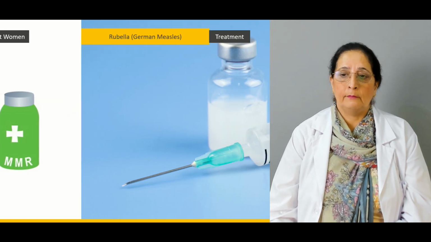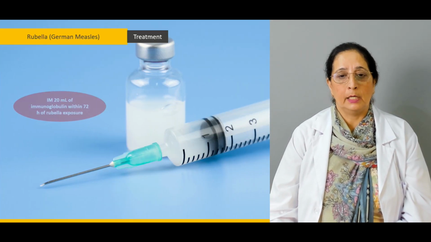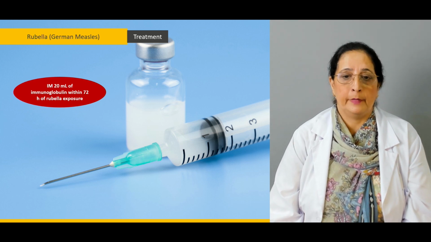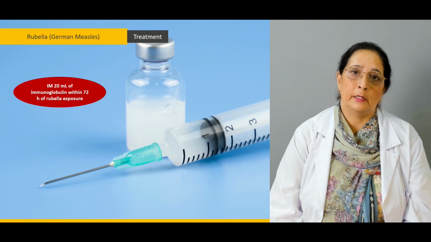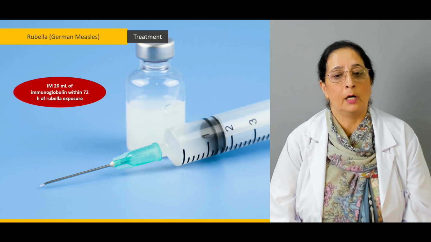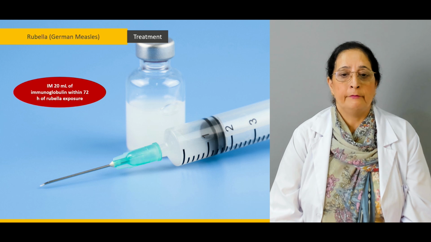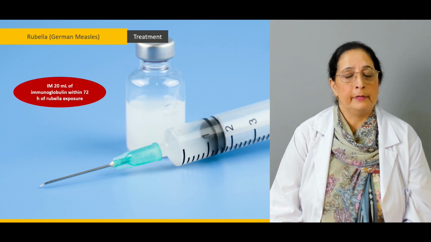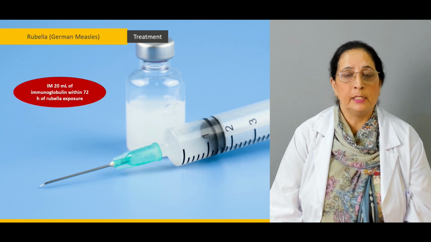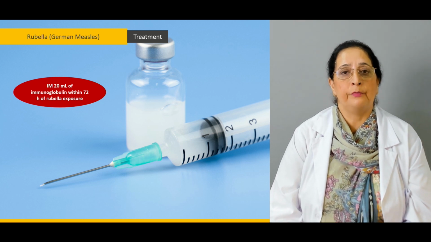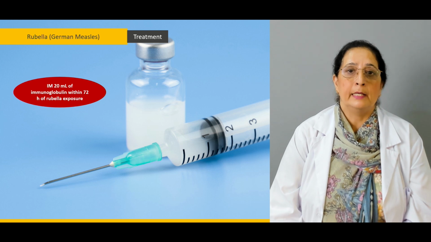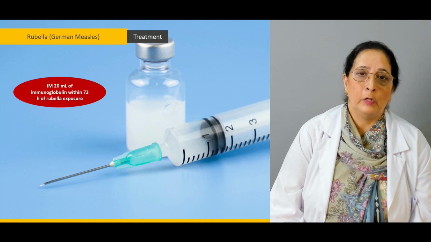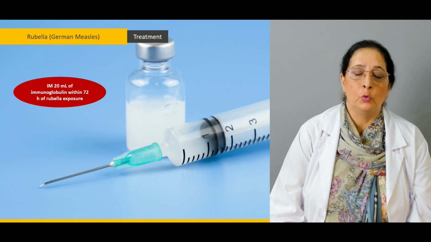And then we also have intramuscular 20 ml of immunoglobulin used within 72 hours of rubella infection, and this immunoglobulin is also very effective in boosting the immune response and fighting the infection. It's very important that we give this immunoglobulin therapy to prevent